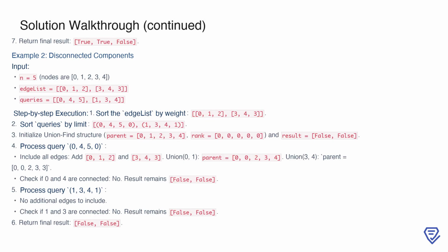Processing the first query, we include all edges under the weight limit of 5. This allows us to union nodes 0 and 1, and separately nodes 3 and 4, forming 2 disconnected components. Checking connectivity between nodes 0 and 4 confirms they are not connected, leaving the result unchanged. For the second query, no additional edges meet the weight limit, so no further unions are performed. Checking connectivity between nodes 1 and 3 indicates they remain disconnected as well. The final result for this example is false, false, showing that the queries are not satisfied due to the disconnected